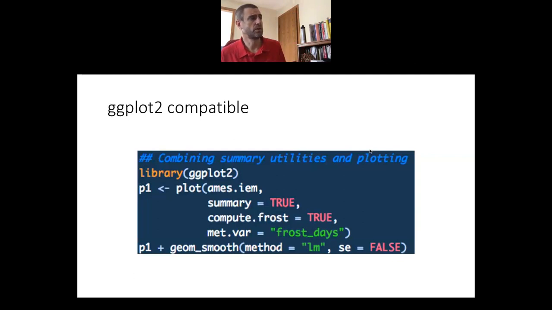I just want to show here that these plotting functions are compatible with ggplot if you do use that package. So you can assign an object, and you can use the plot function, which is really plot.met. Here I'm using the summary equals true argument. I'm asking to compute frost days, and I'm going to plot only the frost days variable. And I'm adding through ggplot a smoothing, which is lm, just a linear model, and without the standard error